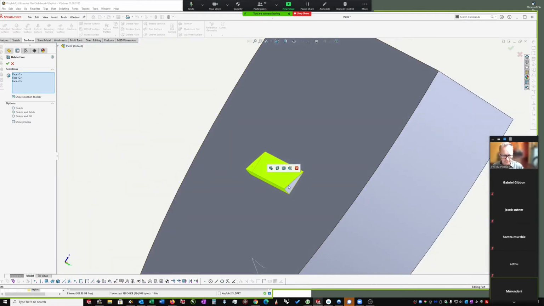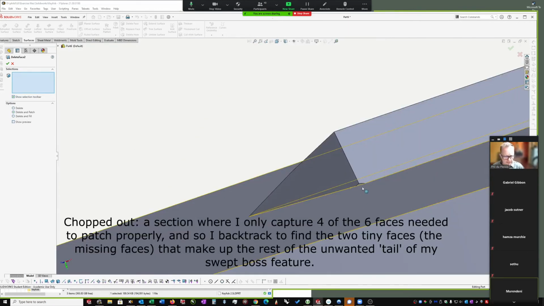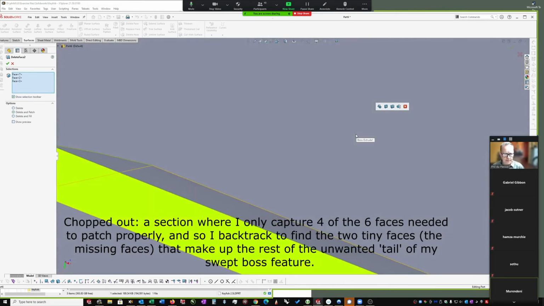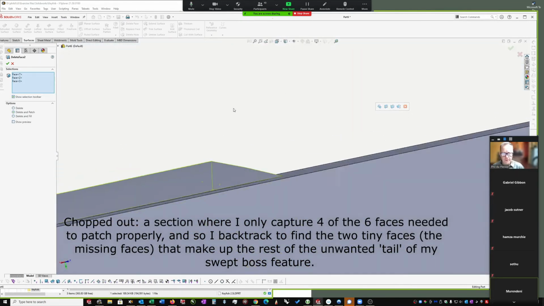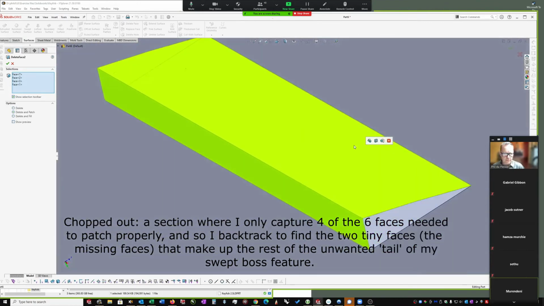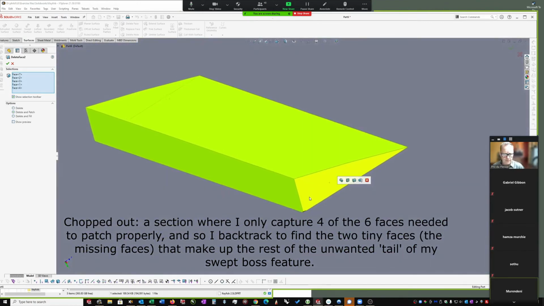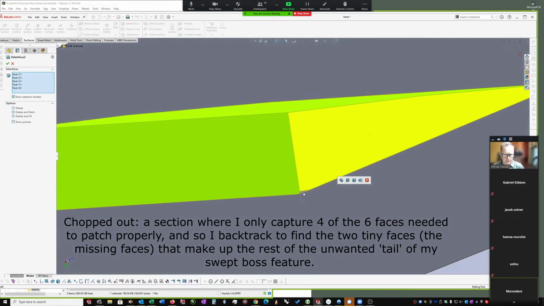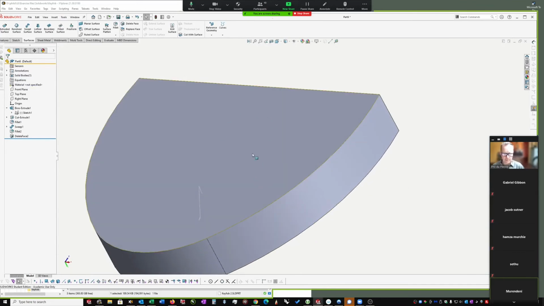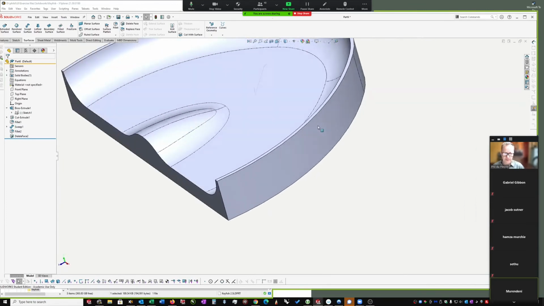So I'm going to select them first, and then try and select, sorry, this is fiddly, this shouldn't be, there you go. Okay, now we're on our way. 1, 2, 3, 4. Choose that one. This one. Now we've just got to carefully come in here, catch it by surprise. Gotcha. Okay, it should now delete and patch. There we go. Okay, so I've now created a completely clean surface and deleted that horrible little sticky outy thing,